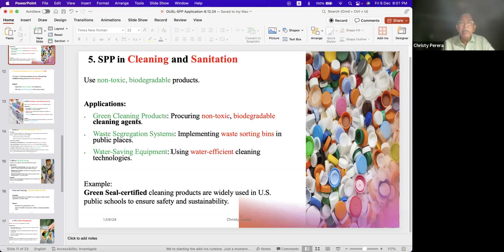So, water efficient cleaning. The example I was trying to tell you: in Australia, they can't use water on flowers and flower ponds. If they grow vegetables, they have to use special irrigation systems. And they can't wash their vehicles. If they want to wash vehicles, they have to go to special sheds.